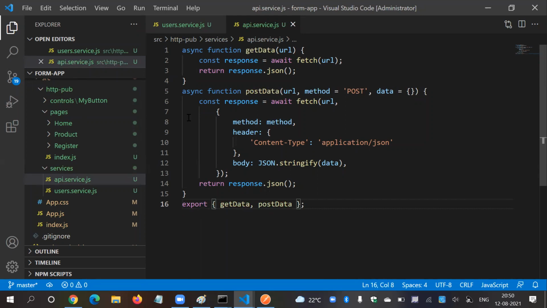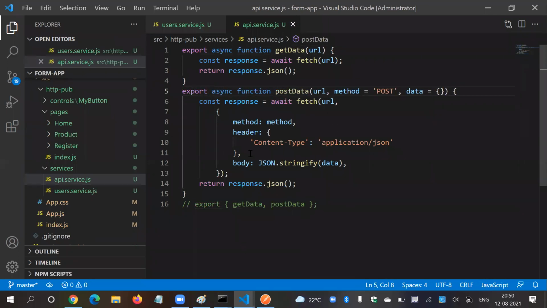So I have to wrap everything inside one function and then send it back, export default. Instead of that, simply say export and mention these two methods. Or in a simple way, you can directly say export async function, and here also you can say export. That is also fine. So here in the API services we have two methods, get data and post data. Get data is a get call, and here you can specify post, put, delete, whatever you want.